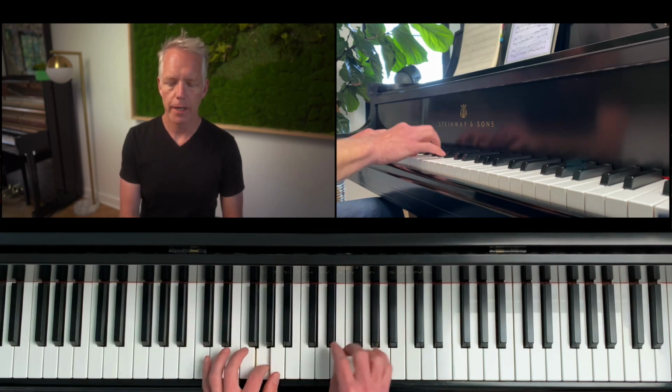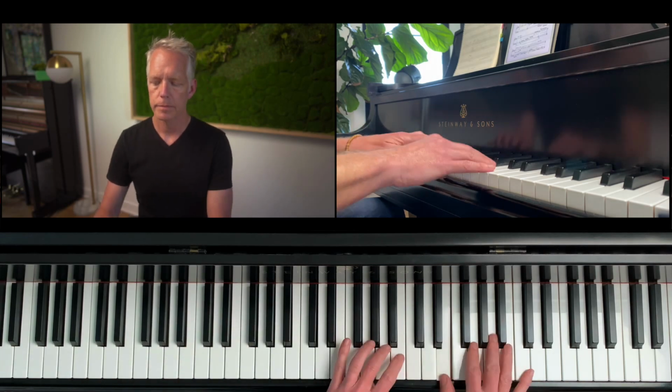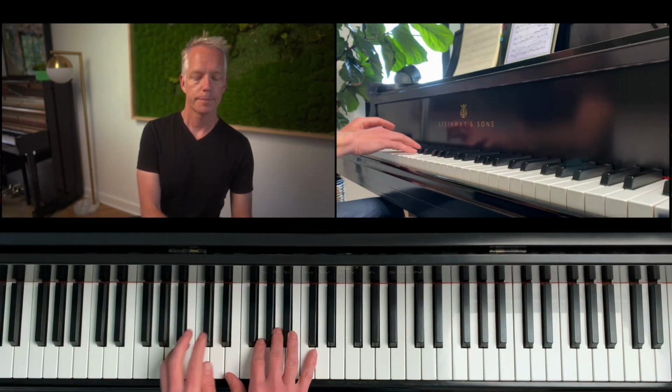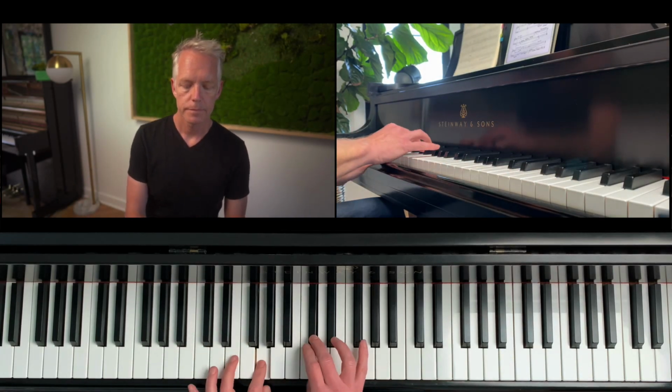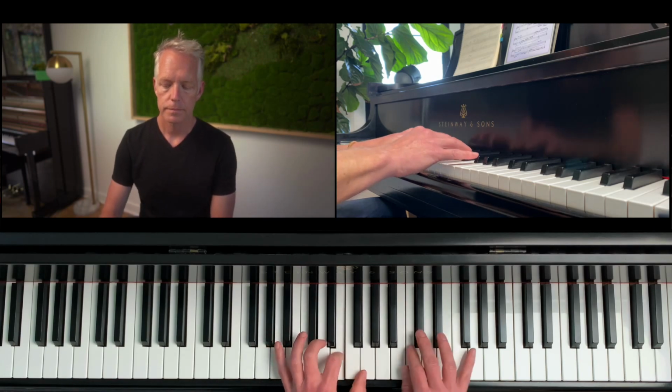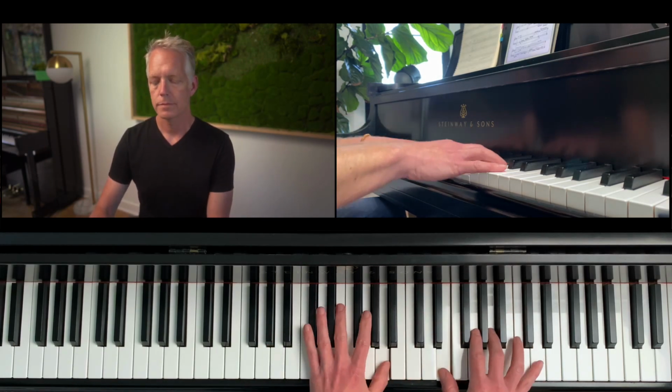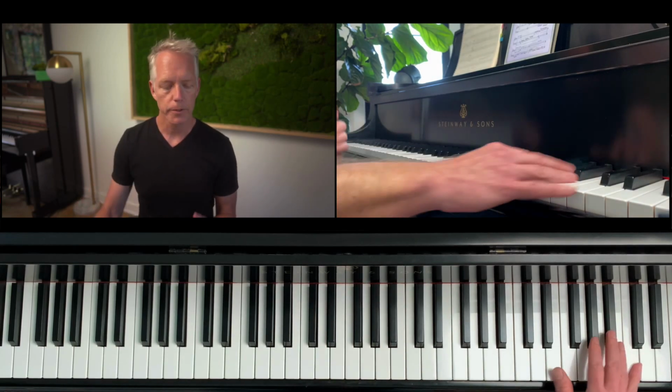So basically, I'm just outlining an A7 chord. Okay, so that whole section,